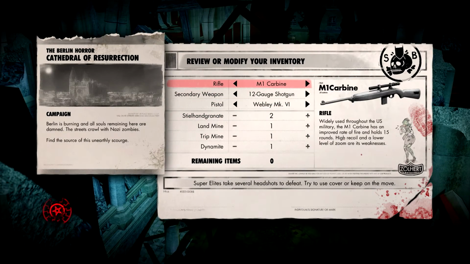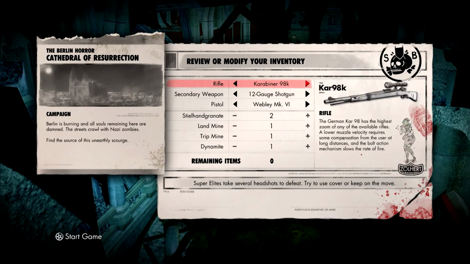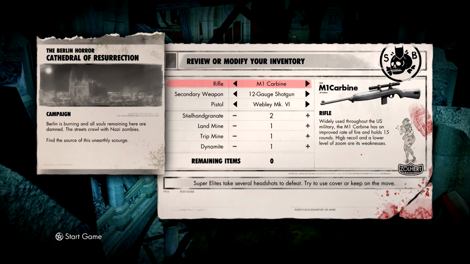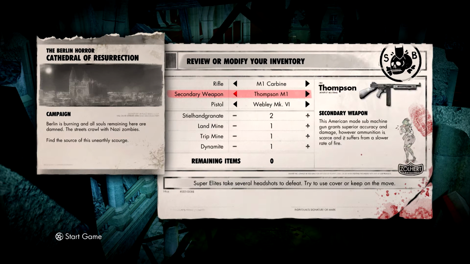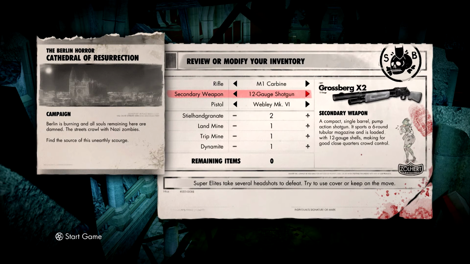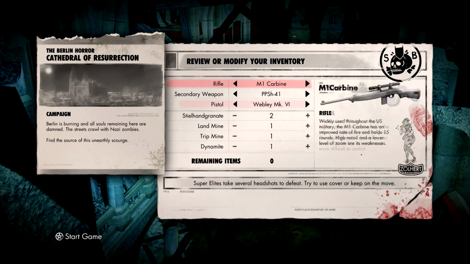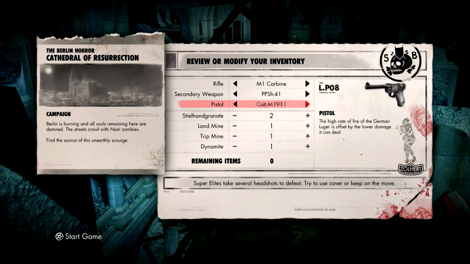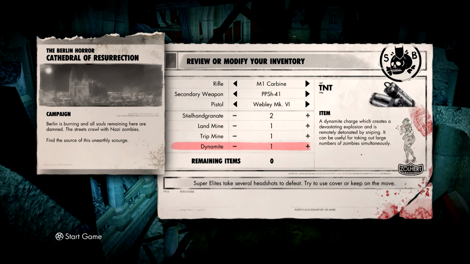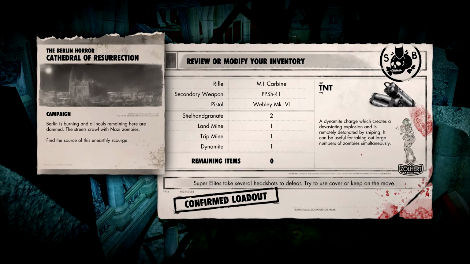You could choose your guns, do different snipers. I use the M1 carbine. You could choose your secondary weapons, and pistol. Not that many pistol choices, but it's still pretty nice. Now, soon you'll see a big complaint I have with the game, but